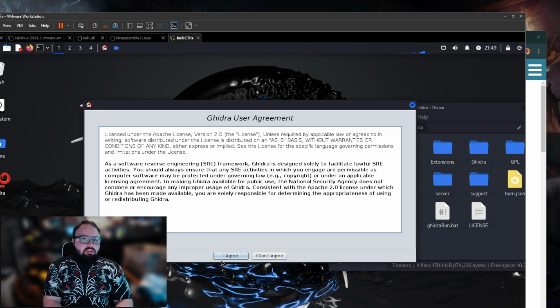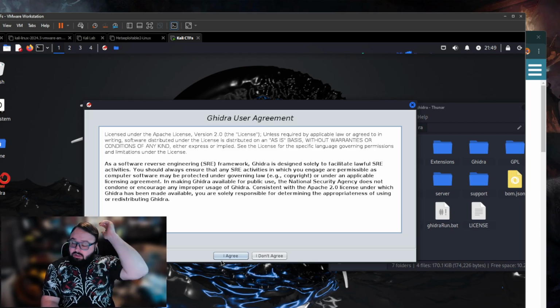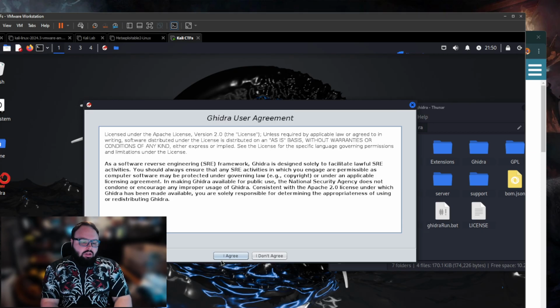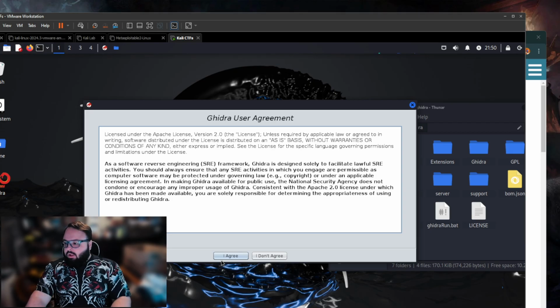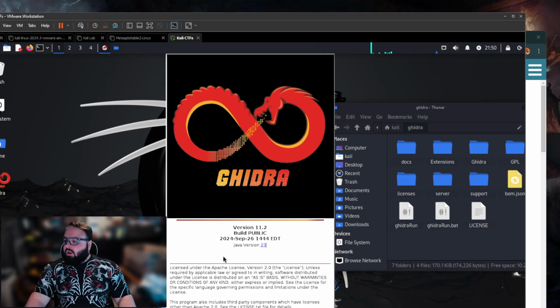habit of reading these, especially if you like governance, because sometimes you don't need to use this tool, and sometimes they're agreeing to things that you don't agree to, and that's perfectly fine. Don't use their tool, don't agree. Use an alternative tool that you agree with their terms. It is not life or death. So I agree, and here we are with it